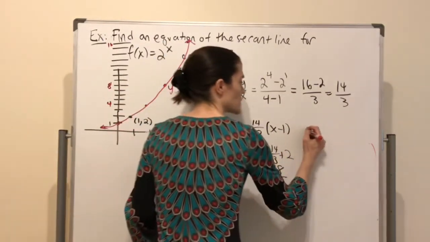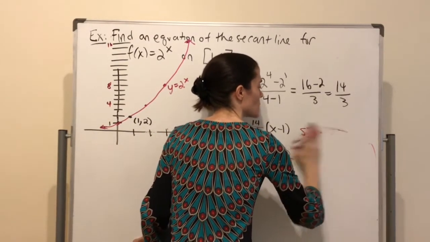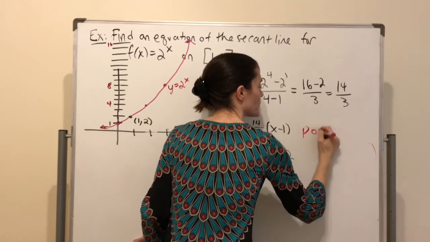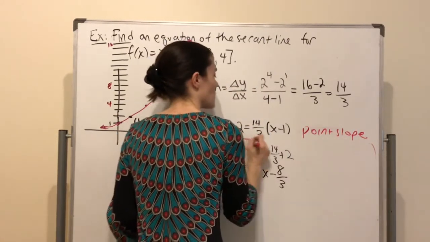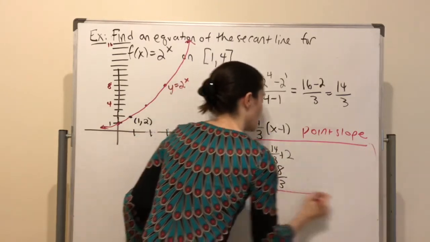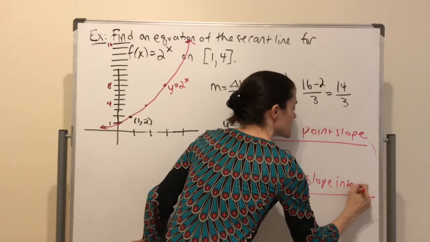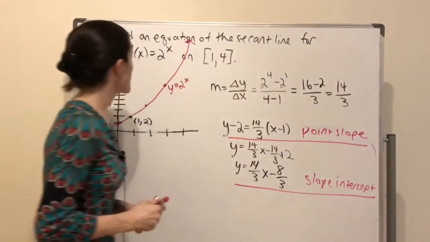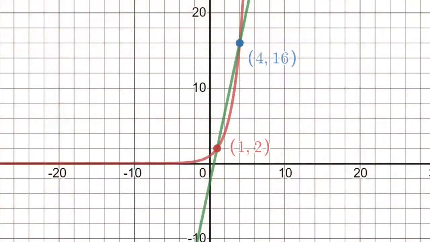This one, point slope, is here, and this one, slope intercept, is here. And if we wanted to graph this secant line,